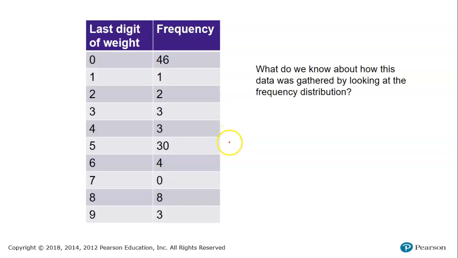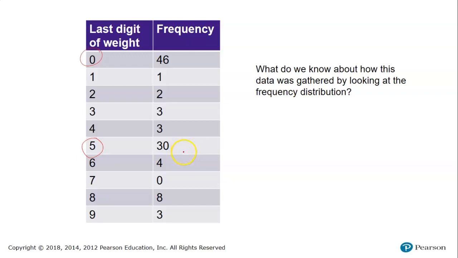Another one here, if we look at this data set, what do we know about how this data was gathered? By looking at the frequency distribution. So this is the weight of something. We don't really even know what. We just know that the frequency of those ending in 0 and those ending in 5 are much higher. So when I see this, what I suspect is that this particular set of data was gathered by having people self-report the weight